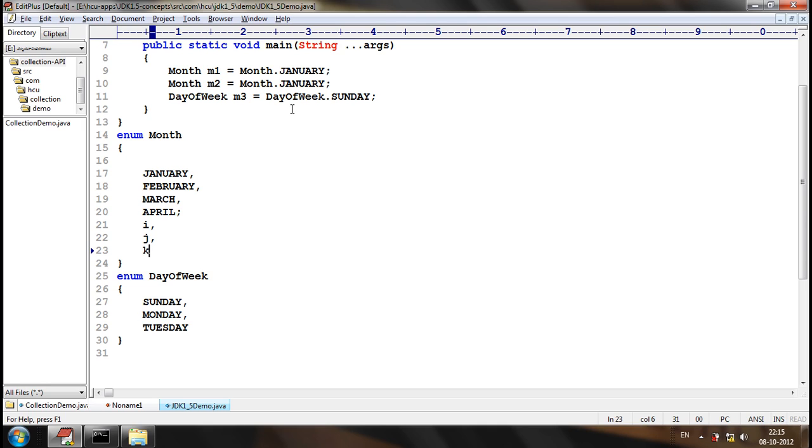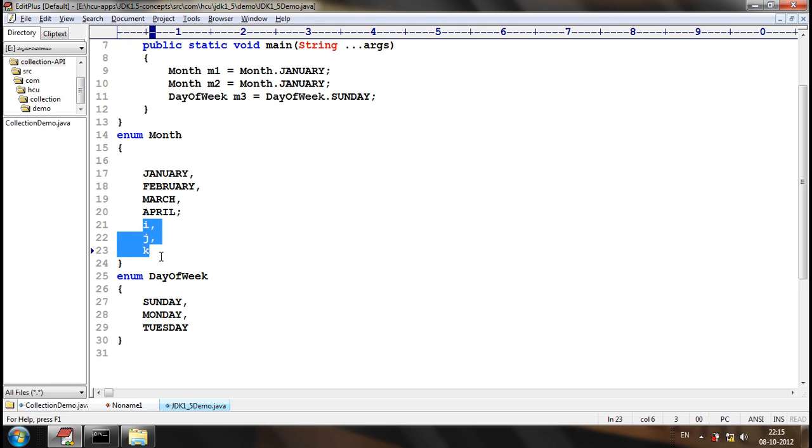Now, will it give a compile-time error? Yes or no? Definitely it gives a compile-time error, just because here after April there is a semicolon. Then these are not considered to be enum constants.